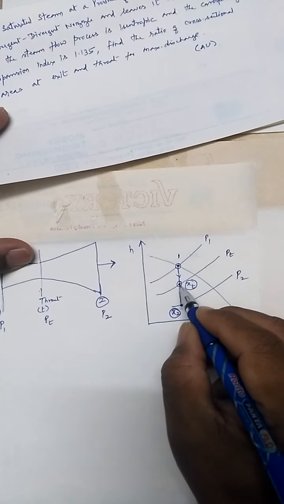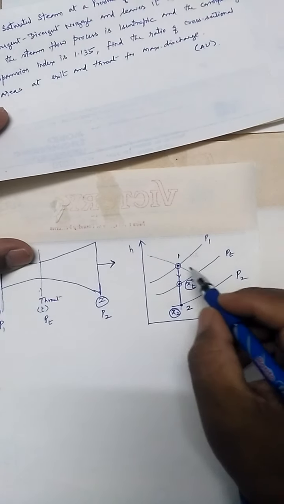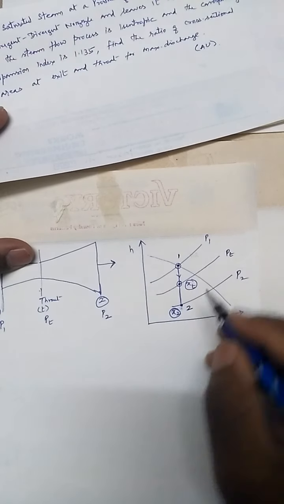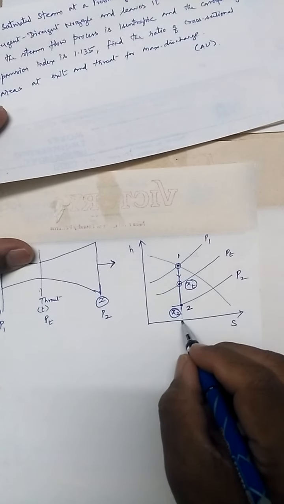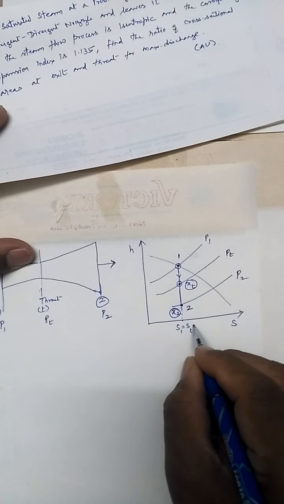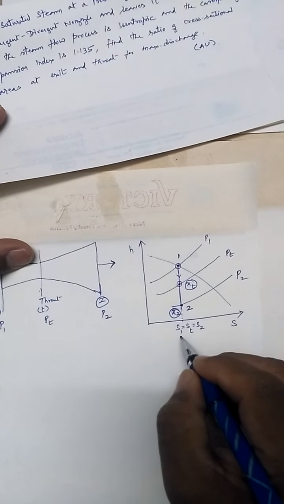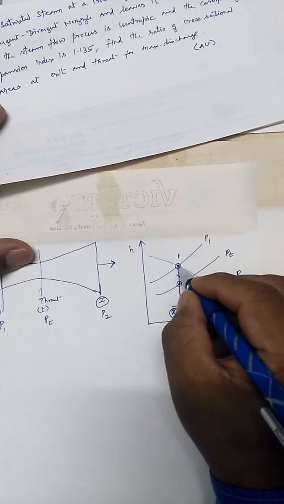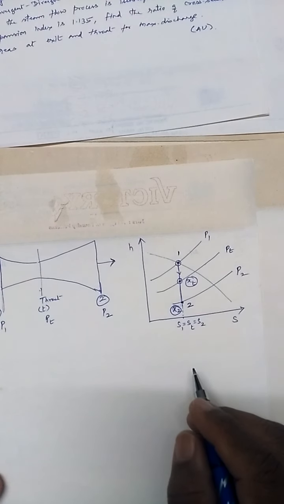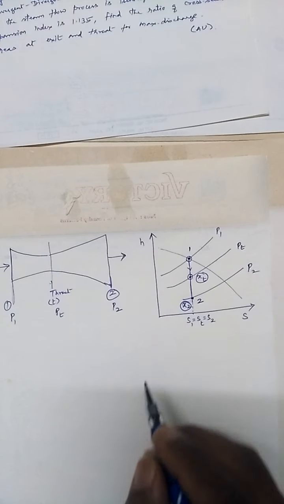I am getting all the values h and s, but the s values s1, st and s2 are all the same because it is an isentropic process. So s1, st, s2 are all the same, some value. That value can be taken from the steam table because the one point will be available in the steam tables. Okay, so now for all these points we have to take the